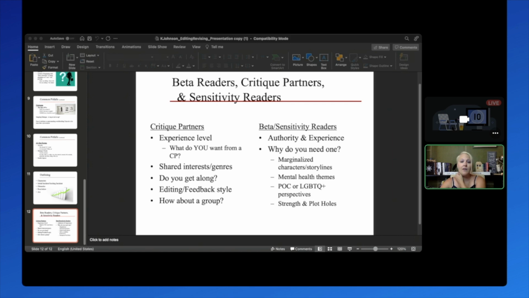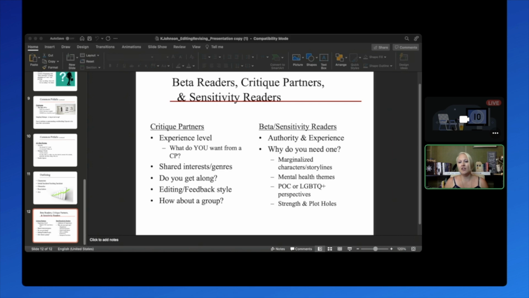These people are often your readers because they are an authority on something. They have experience in whatever you're writing. So they have more of a voice to be like, look, you got this wrong. This isn't accurate. Or, like, say you're writing about motorcycle people and you're describing the motorcycle parts incorrectly. These are the kinds of people that are going to be reading it to tell you, make sure you've got